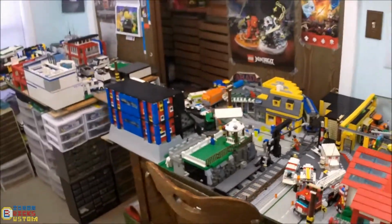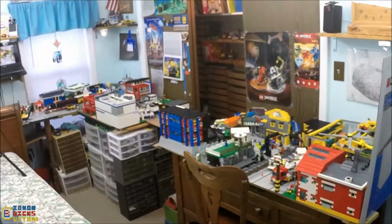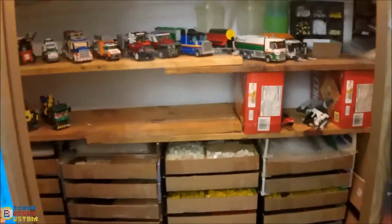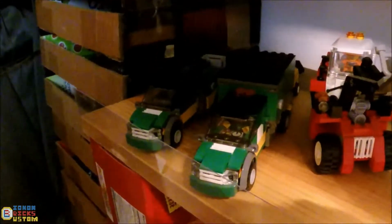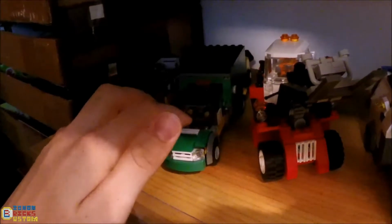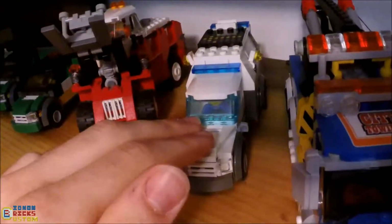Alright, well, while that's the layout, we have one little other thing to take a look at. In the closet, we find some shelves with vehicles on them. And how could I ever forget these? Apologies for the poor lighting, but we have a custom Lego boom truck for tree trimming, a custom Lego tree trimming other truck with a little wood chipper trailer in the back, a skid steer loader, a main incident management unit